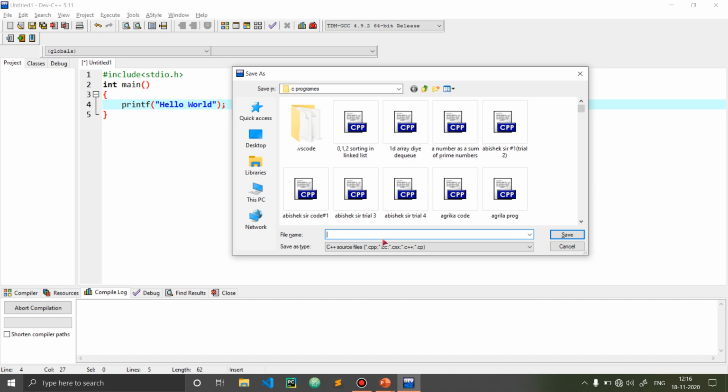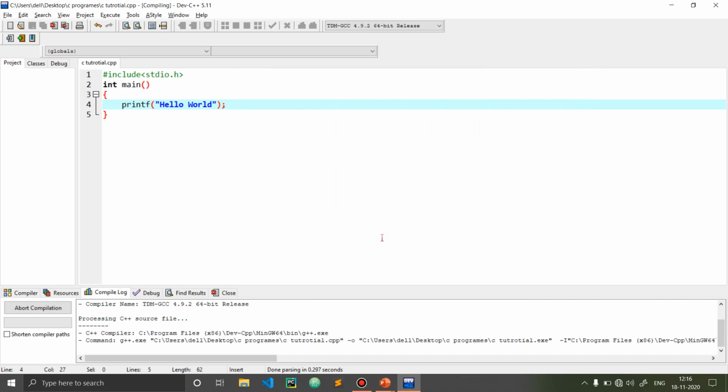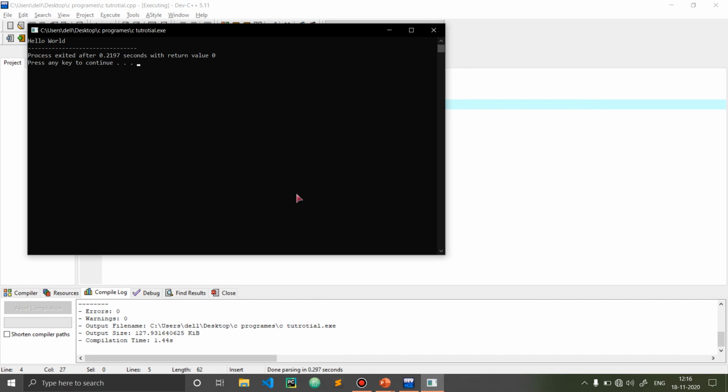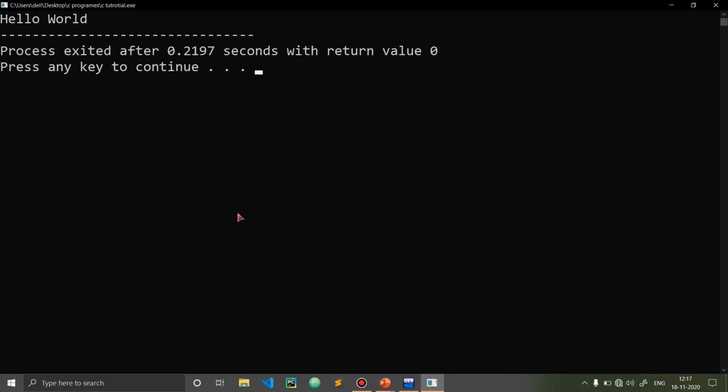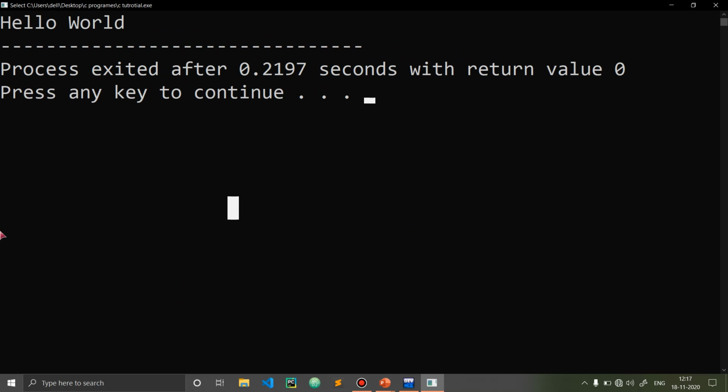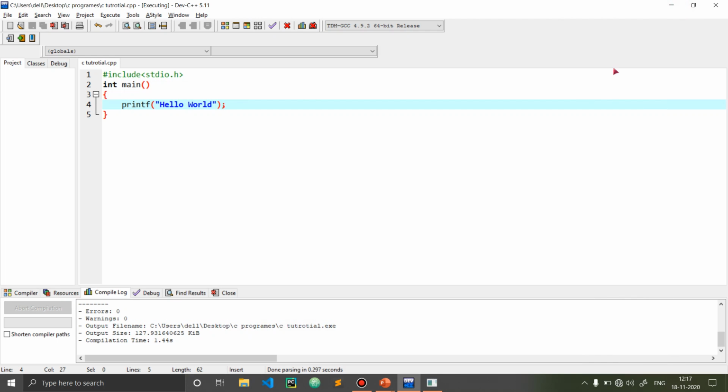Now first we have to save it. So I am going to save it as C tutorial. So here it is hello world. You can see. Let me show you. Just zoom in a little bit, and here it is hello world printed like that.